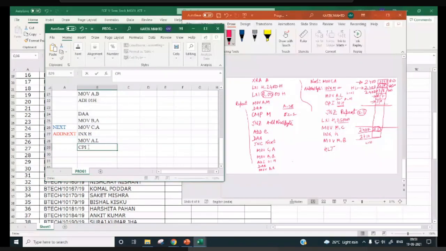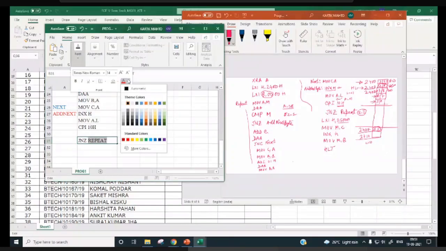So this is 2 byte. So I will leave one space. JNZ REPEAT. Right. So repeat. I have to put green. कहाँ गया green जी? ये. This is also 3 byte instruction.